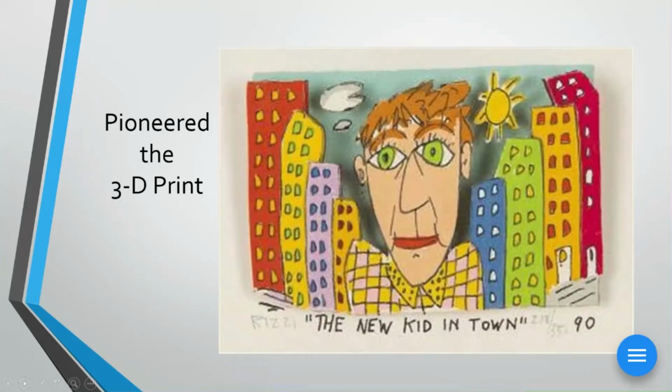Interesting little story about how James Rizzi kind of discovered his style is when he was in college and he had an assignment from his 2D art teacher that would be doing flat works like paintings or drawings, and also an assignment from his 3D art teacher, of course making things three-dimensional like sculptures or clay works. And he said, you know what? Why do I have to make two different projects for these assignments? I'm just going to do one and submit it to both of them. And there was the birth of a great idea that we love today.